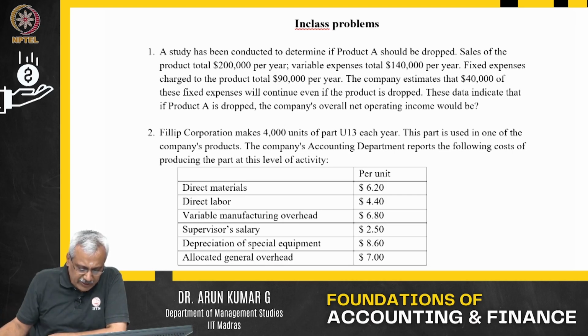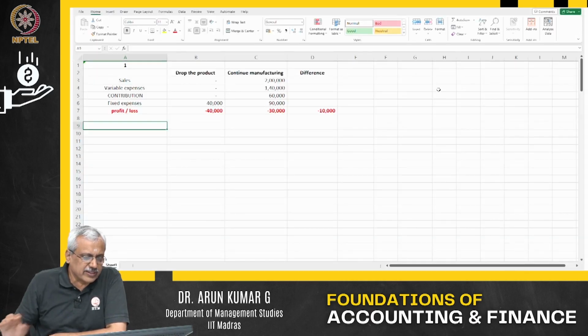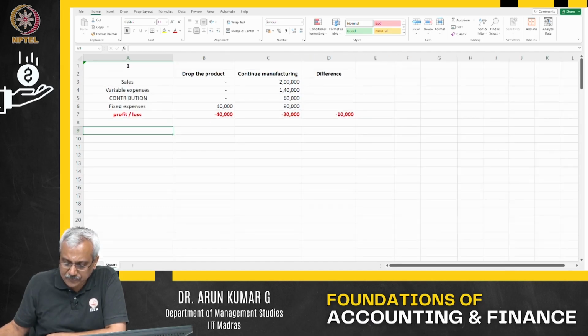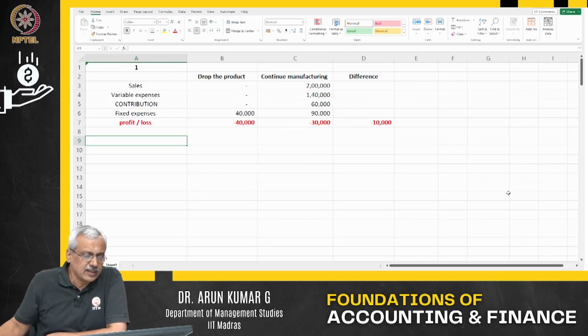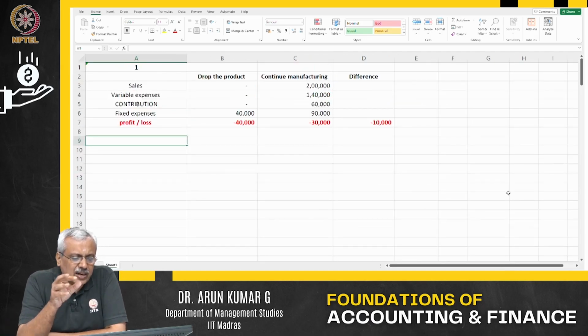So what we try to do is get back to this Excel sheet, as you can see on the screen as of now. We took out the situations: I continue to manufacture, or I drop the product. I am looking at what is the cost that I am going to incur if I continue to manufacture the product, and what is the cost that I am going to incur if I drop the product. We saw that